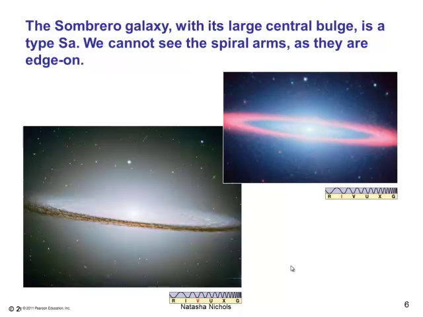Here we have the picture of the Sombrero Galaxy. It's a spiral galaxy seen edge on. Its official classification is M104. This galaxy has a dark band composed of interstellar gas and dust. The large size of this galaxy's central bulge marks it as type SA, even though its spiral arms cannot be seen from our perspective. The inset shows this galaxy in the infrared part of the spectrum, highlighting its dust content in false-colored pink.